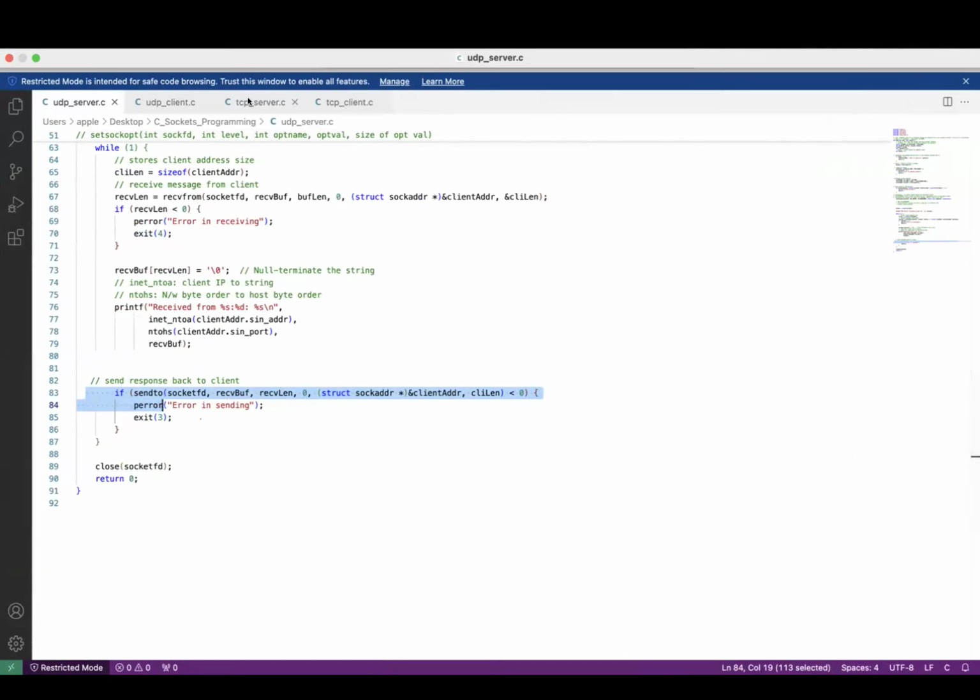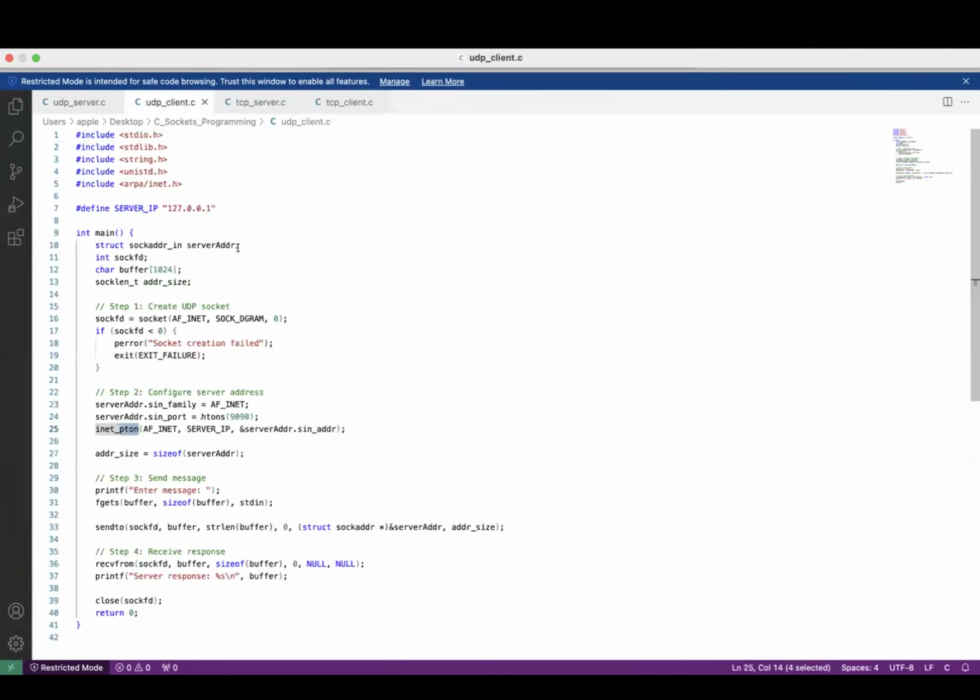I hope it's clear for everyone. Now coming to the UDP client part. I don't think it will take a lot of time. Now in the UDP client again,